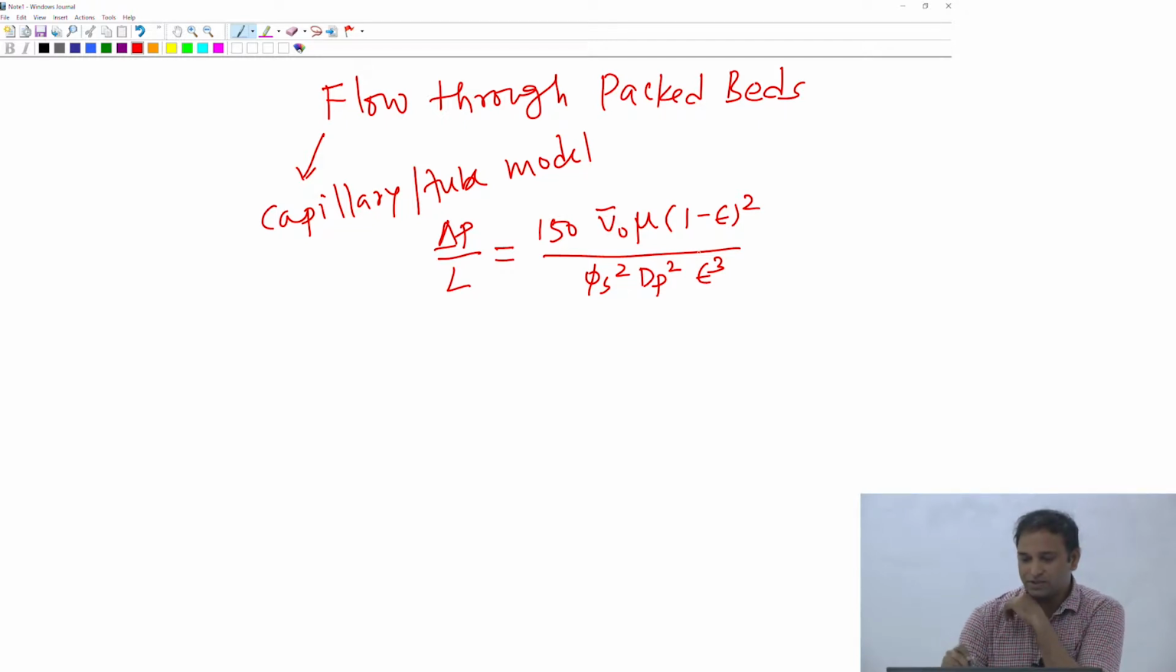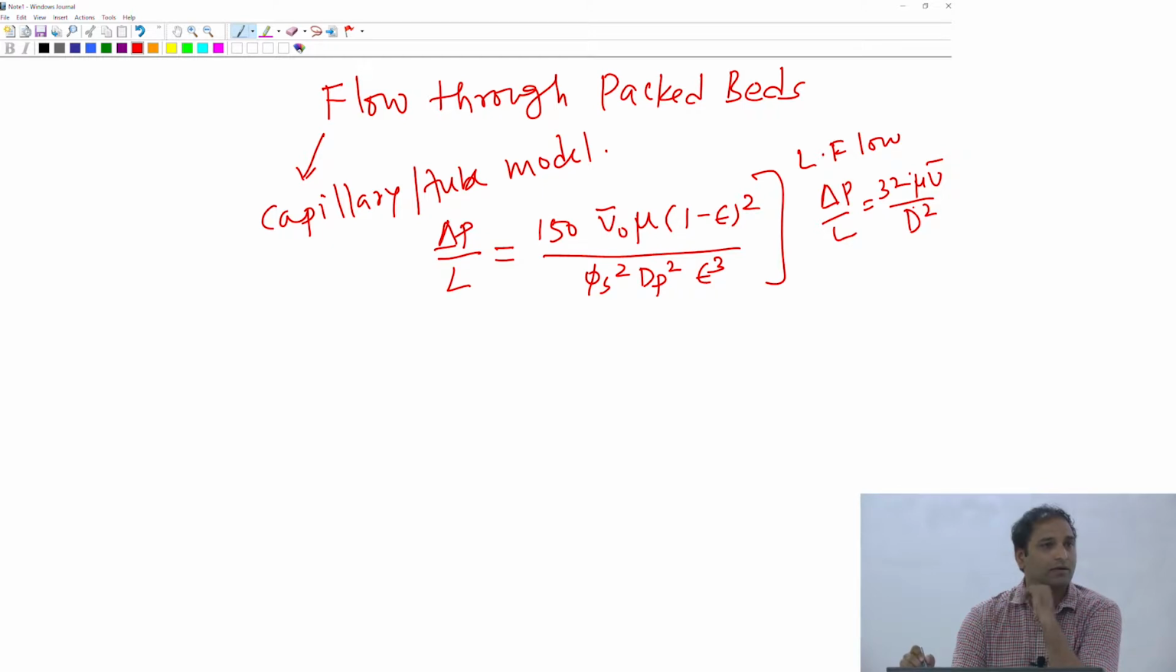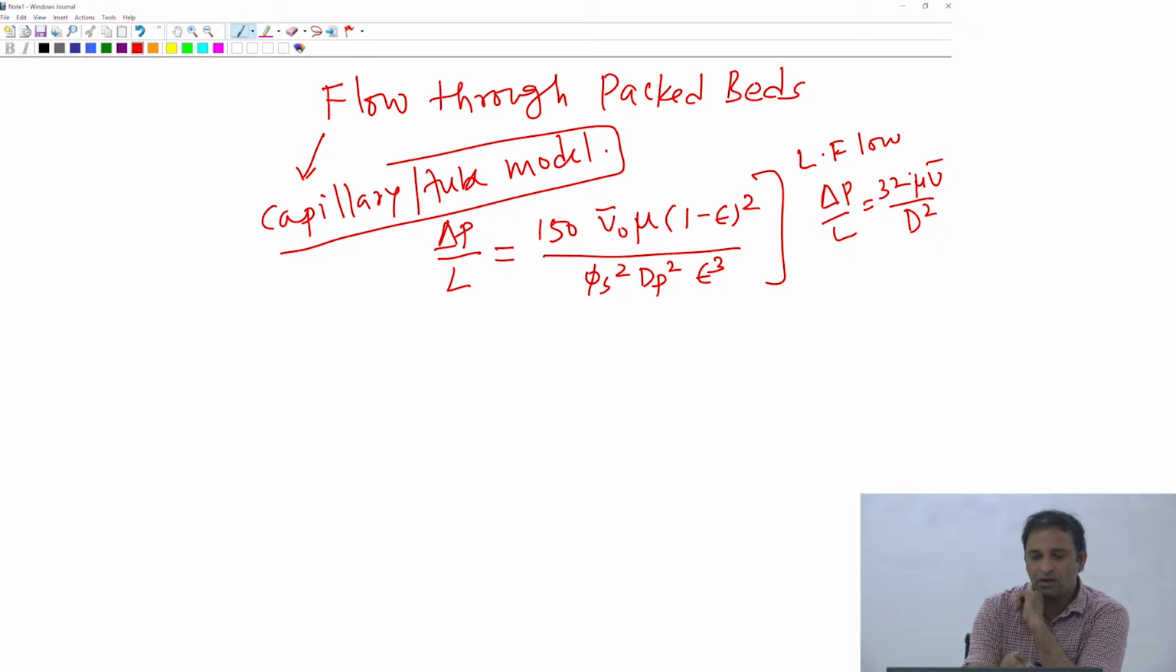So the way this was done is we are basically looking at a case where you're looking at laminar flow conditions, right? And the starting equation was delta P by L is equal to 32 mu V bar divided by d square, right? And then we used this capillary model, and then we did the surface